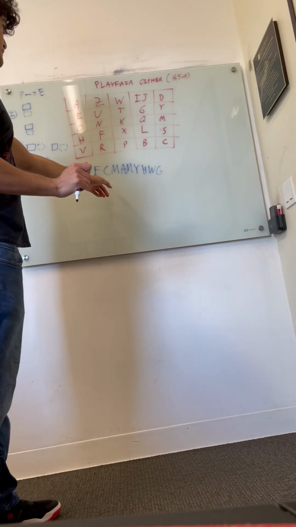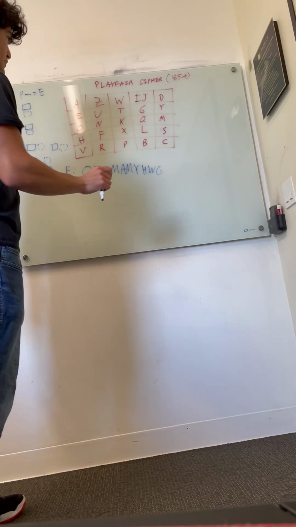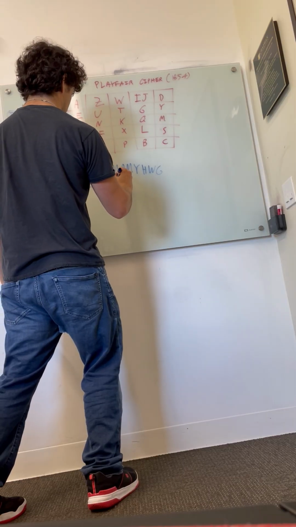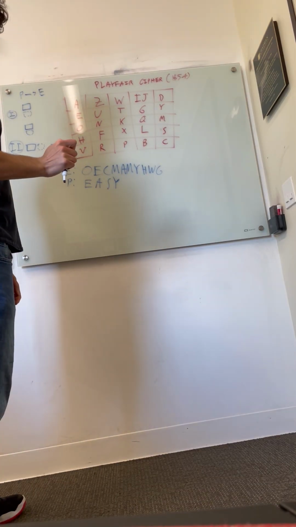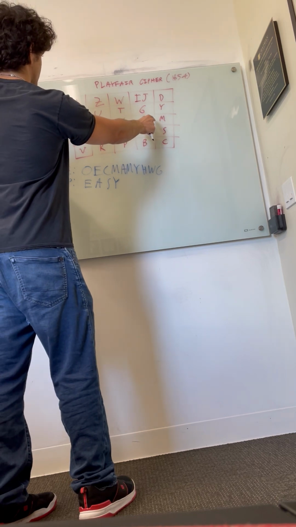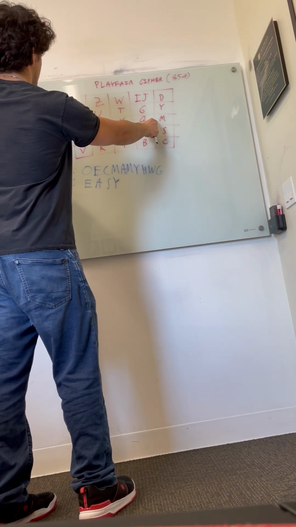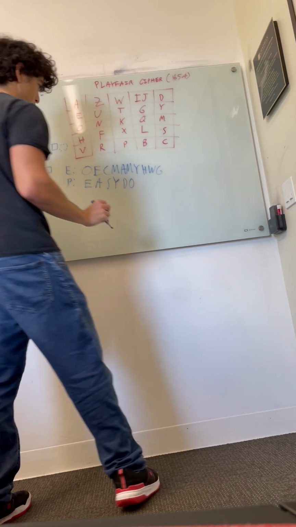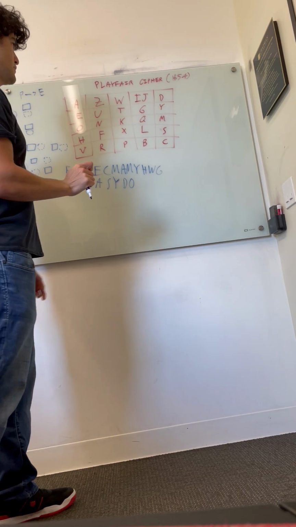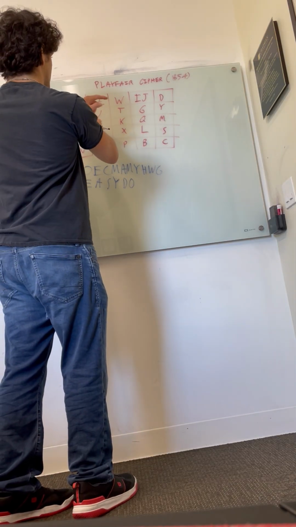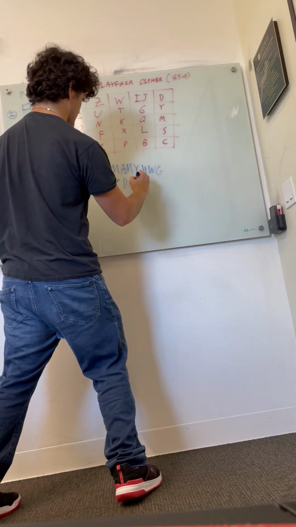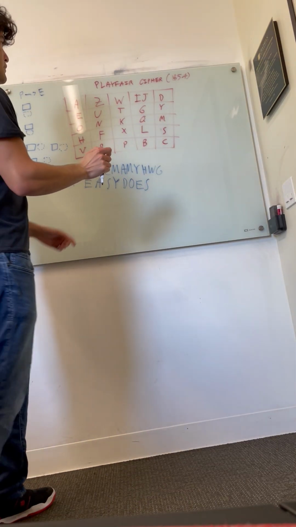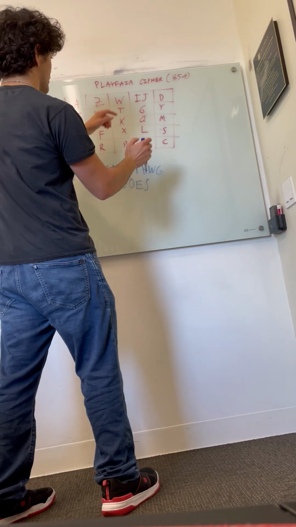Okay. CM are in the same column, so the same rule here. So C is going to go to S, M is going to go to Y. Okay. AM, we're going to use our diagonal rule here, so this is going to go to DO. YH, right, this is going to go to ES. And then WG is gonna go to